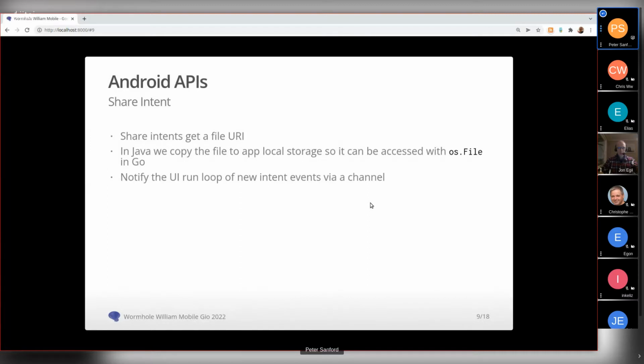So it's a little tricky to take that and access it directly from Go. Maybe there's a way to do it, but I found it was a lot easier to accept the intent, copy the file in Java from the URI, open it using the URI, and then copy the file into app local storage, like the app cache directory, and then trigger an event on a channel to say there's this file that's ready to be sent to pass it off to the Go code.